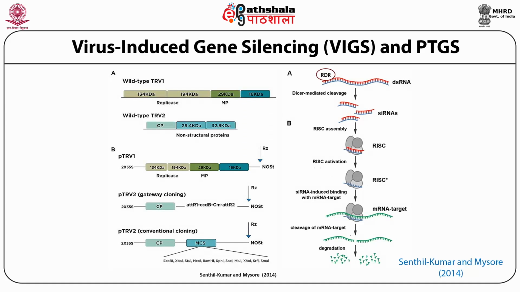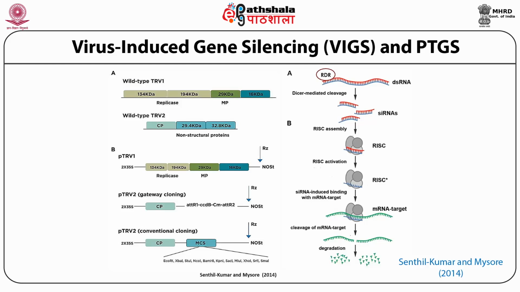Another system which is used to silence a gene is virus-induced gene silencing. This is another form of post-transcriptional gene silencing. Here, a viral genome is used to silence the genes. On the left side of this slide are shown two vectors, TRV1 and TRV2, from tobacco